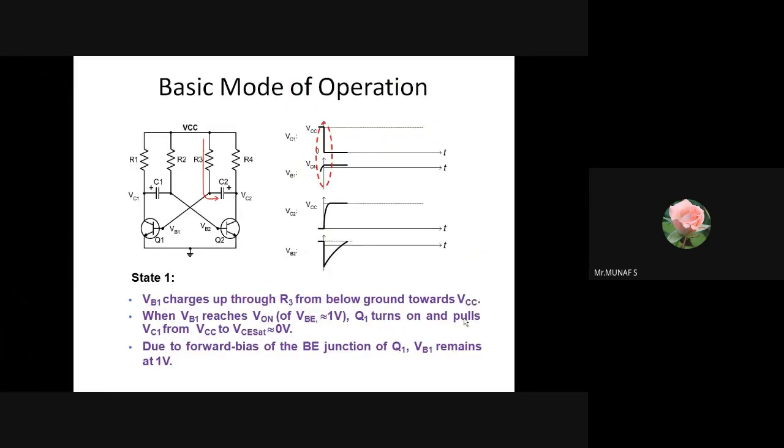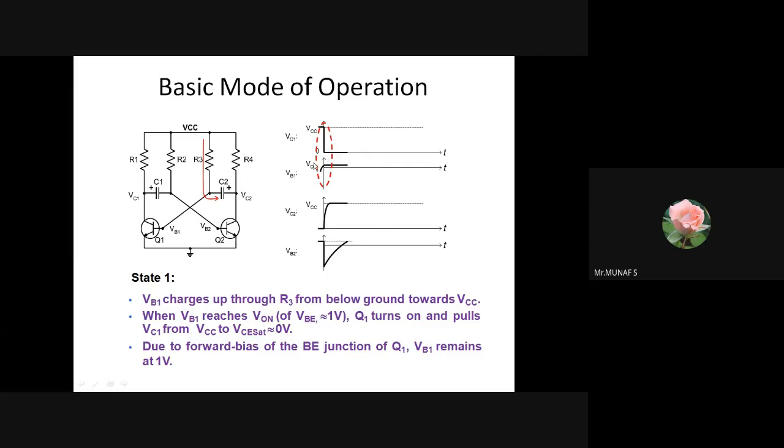The operation of this particular cross-coupled circuit in state 1: VB1 charges up through R3 from below the ground towards VCC. When the VB1 voltage level reaches the V on level, Q1 turns on and VCE goes to the saturation level. The red dotted line indicates VC1, whose initial condition is VCC. Once transistor Q1 starts to conduct, it reaches the saturation level, that is VCE